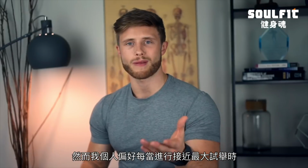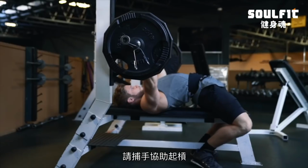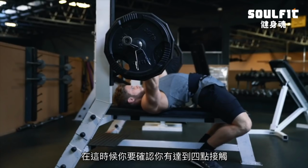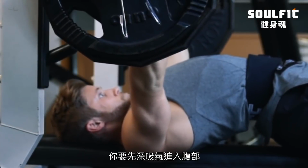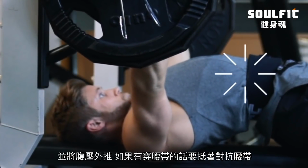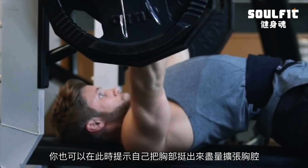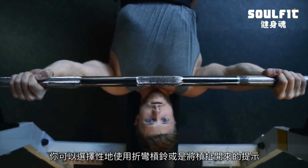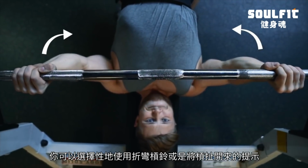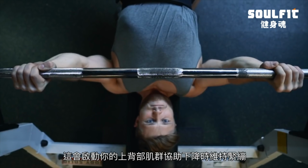However, I personally prefer to just have a spotter handy whenever going near maximal effort to help with the liftoff. At this point, you want to ensure you have 4 main points of contact. So your head, your upper back, your glutes, and your feet should all be planted. Now that you're in position, you want to take a deep breath into your gut, pressing the air out against your belt if you have one. You can also cue yourself to puff your chest out at this point to expand your rib cage as much as possible. Grip the bar as hard as you can, and you can optionally use the cue to bend the bar or to rip the bar in half, which will activate your upper back muscles to help maintain tightness